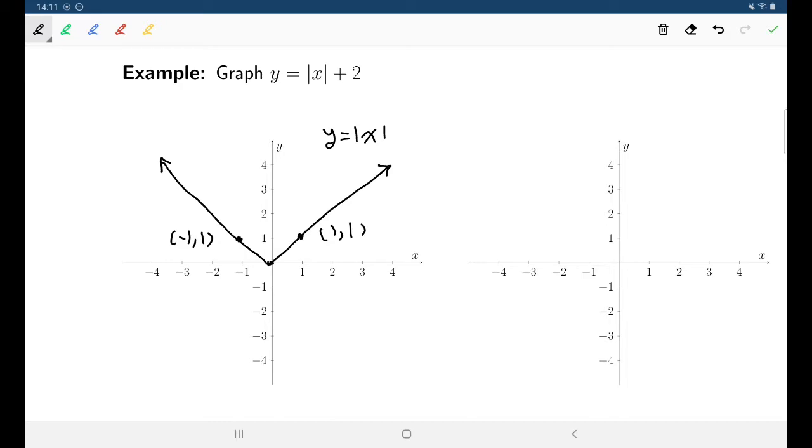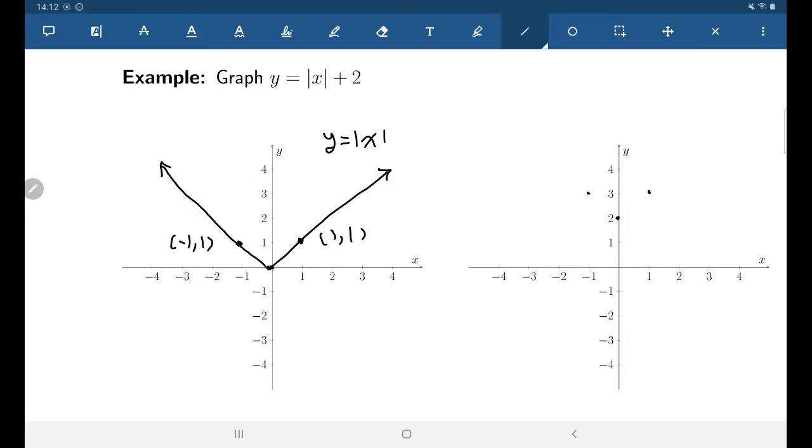And for y equals absolute value of x plus 2, what we're going to do now is take that first graph and transform it by shifting it upwards by 2, adding 2 to every y-coordinate. So instead of (0, 0), I'd have (0, 2). Instead of (1, 1), I'd have (1, 3). Instead of (-1, 1), I'd have (-1, 3). And then, again, I just need to draw my lines,